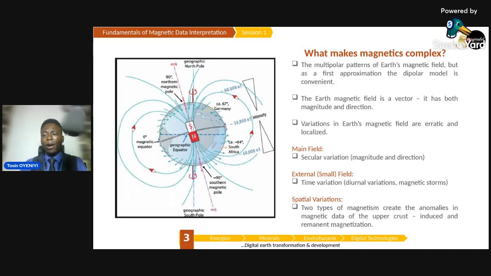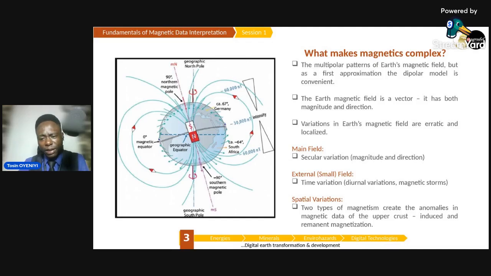So you can see all these variations that are likely to happen in that magnetic field. It is a vector field and it has multipolar patterns, which in first approximation we are taking as a dipolar model, which is convenient for us. You can see that the magnetic method is complex. However, having an understanding of the interplay of all these will help us to do proper justice to the interpretation